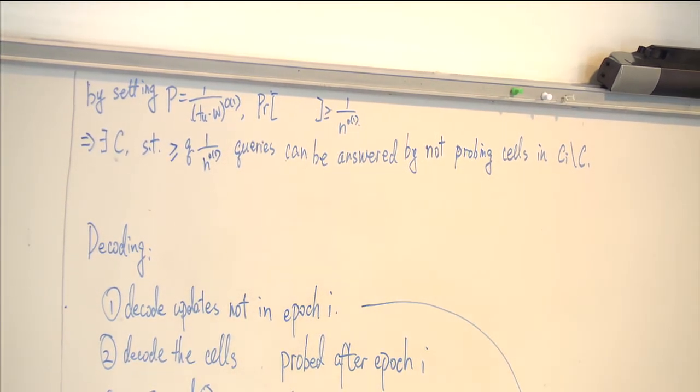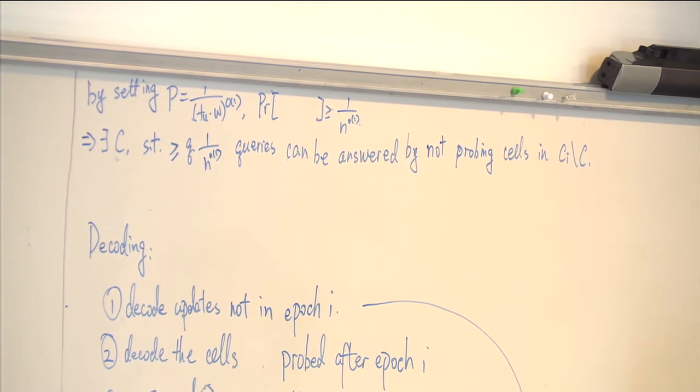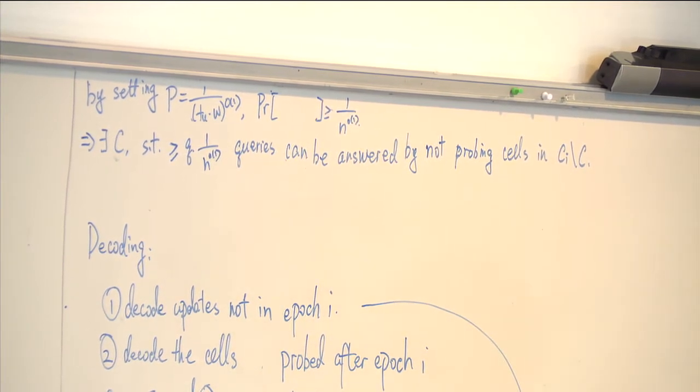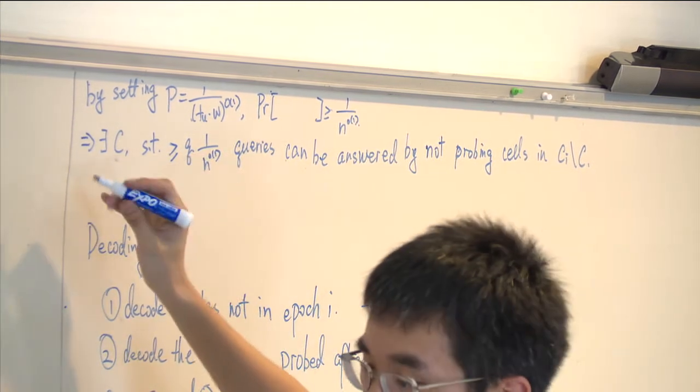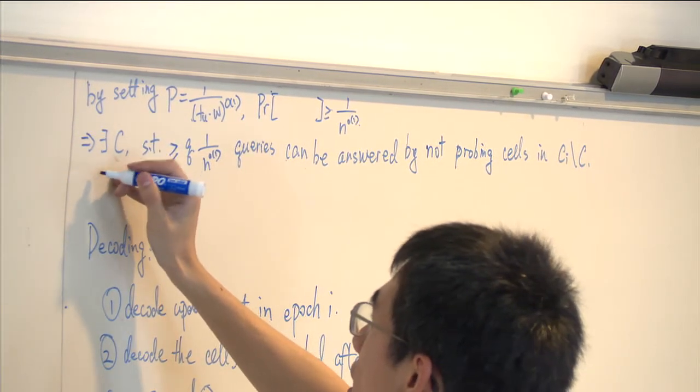So there exists a sample that is as good as the expectation. That means by describing this set, there are at least Q times 1 over n to the little o of 1 queries that can still be answered. So the next part of the encoding would just be to encode this set,